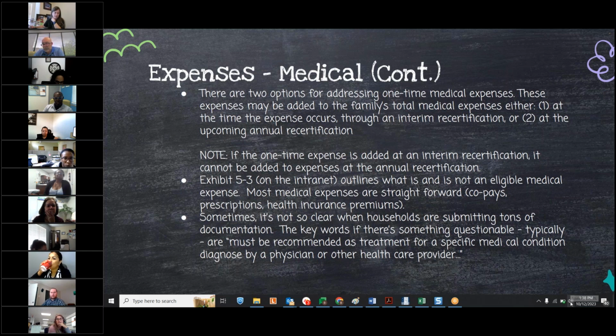Just to clarify, if somebody's got a $4,000 medical bill and they say, hey, I'm now making payments, I'm going to make $100 a month, we're not going to count the 4,000, right? That hasn't been paid. But if they're saying I'm going to be making $100 a month, with a signed payment plan, I would take that. I would also take, okay, I've already made 2 or 3 payments, plus the self